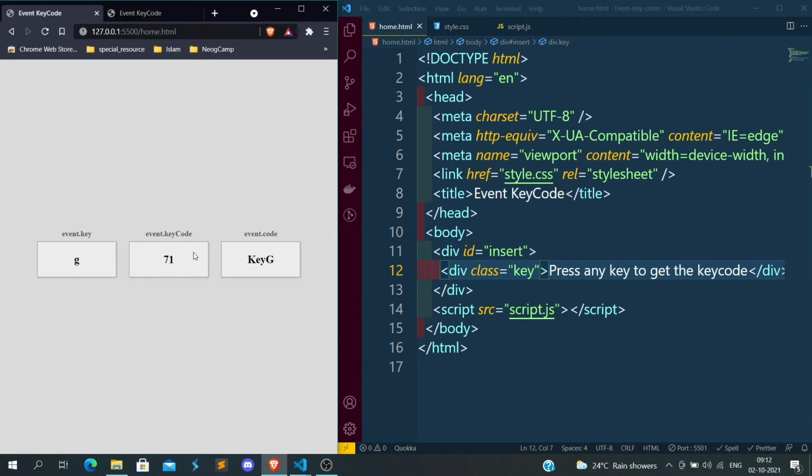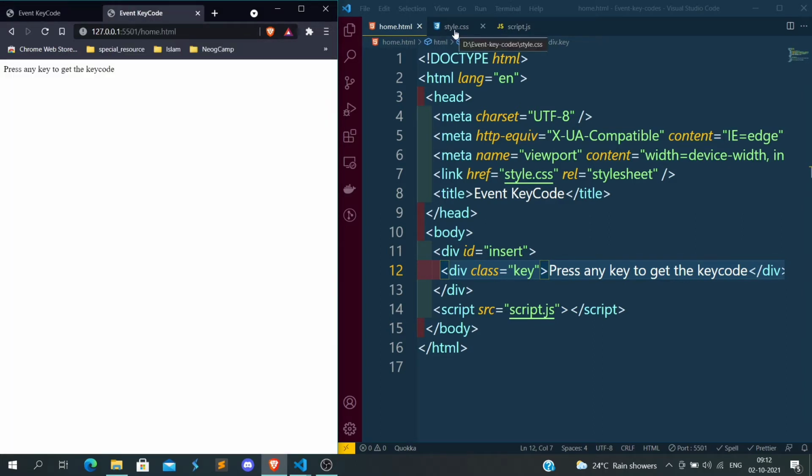We have this "press any key to get the key code" div, and if I click on any button, this div will change into three boxes, and each box will contain a key code and a key. So that's what we are going to build. That's all we need in the HTML.